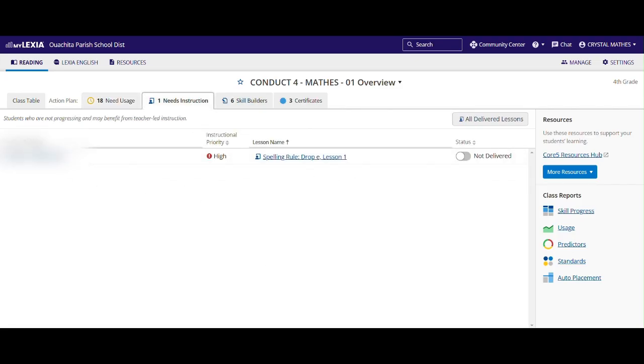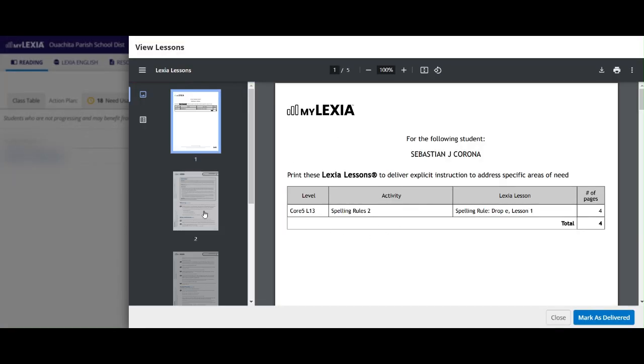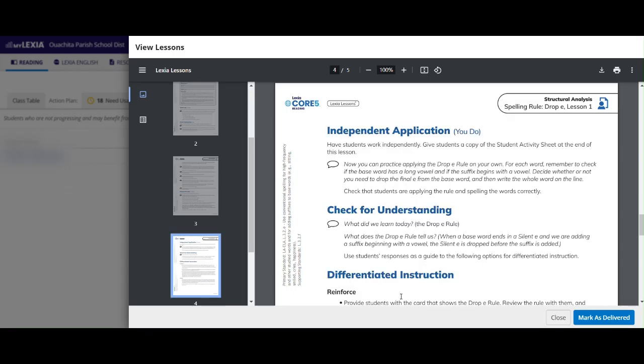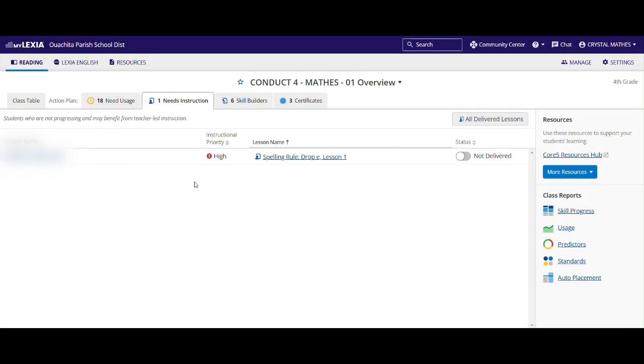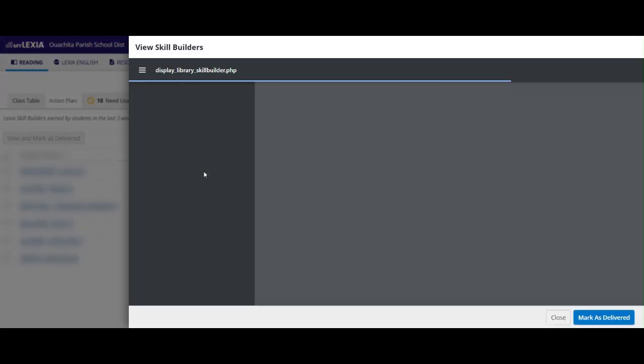This is for students that are not progressing and may benefit from teacher-led instruction. So when you click on this lesson, it will open up a tab that you can print and go over that particular lesson with the child so that they gain a better understanding of it to be able to pass it in Lexia. Skill builder lessons are for students that have mastered it but could use some more help or just